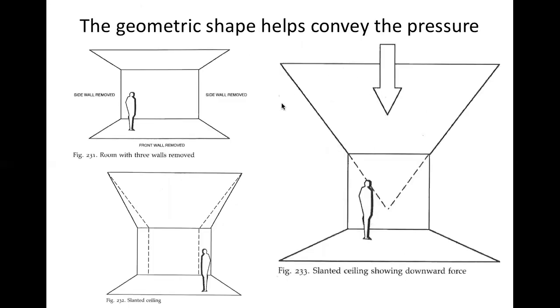But as he was developing his design, he was also thinking about wanting to convey something more than just the realistic interior here. He wanted more of the feeling in the play to have, as he says, a kind of pressure pushing down on these characters, because he found that very much in the play. And so what he did, he removed these walls, left the ceiling there, had the back wall, but look what he's done. He's compressed these walls and made it so the ceiling's even more slanted,